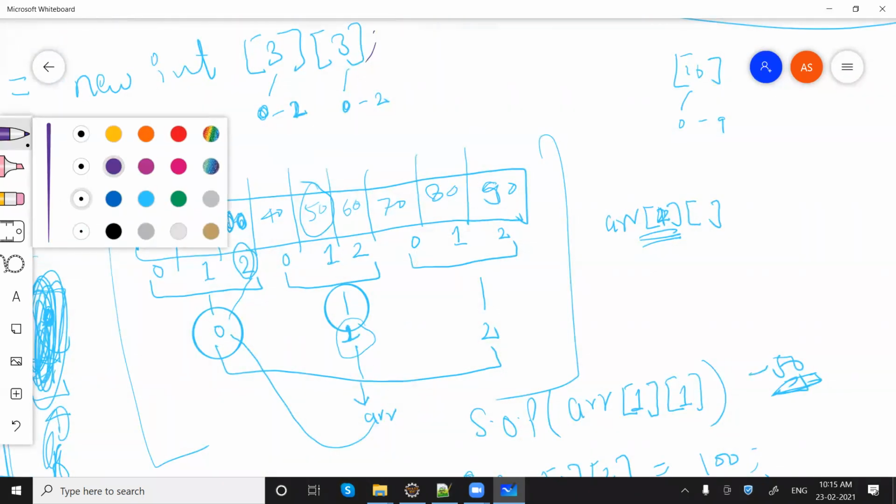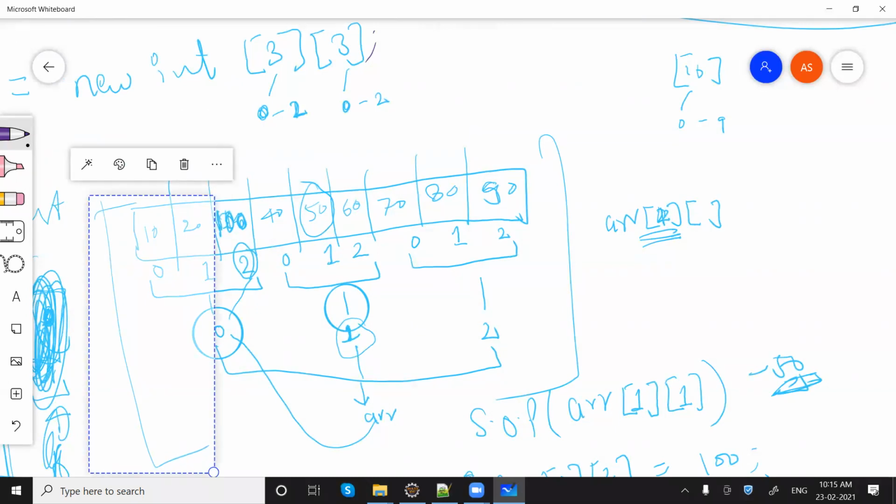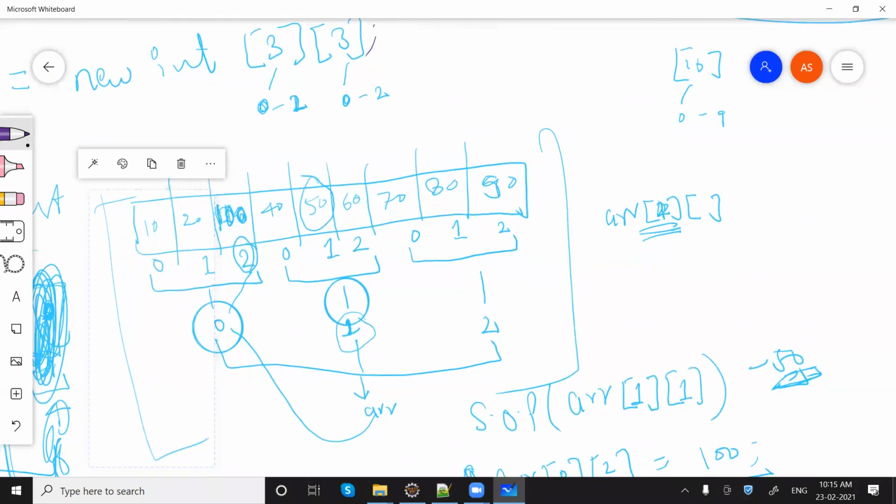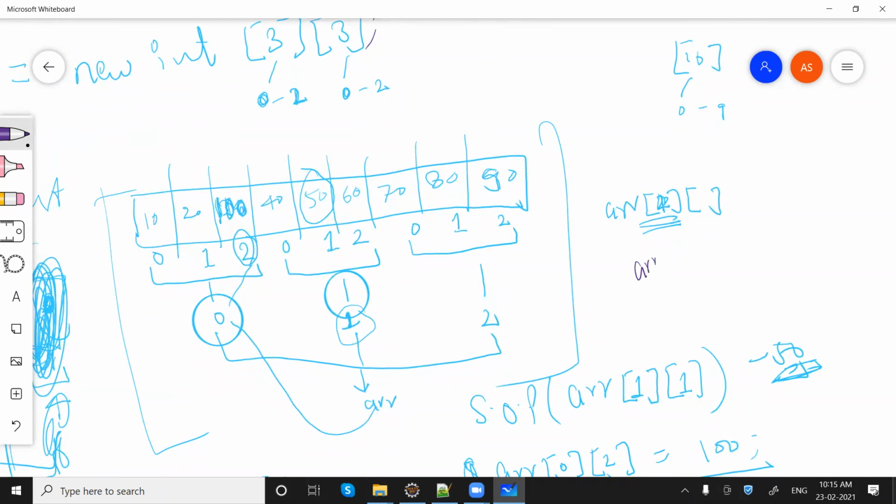When we want to access 10, the first element, we need to write array of 0, 0. When we want to access the second one, we need to say 0 of 1. When we need to access the next one, we'll say 0 of 2.